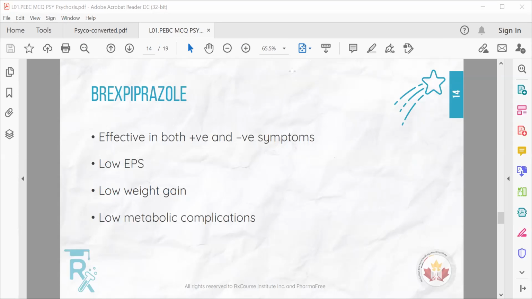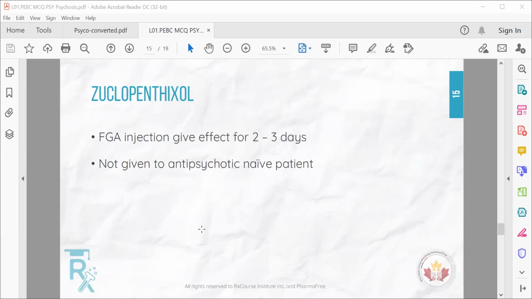So everything is associated. If we know the reason, it will be easier for us to figure out why. The same goes for low weight gain, which means it doesn't bind to the histamine receptor and it doesn't bind to the serotonin receptor like Clozapine, Olanzapine, and Quetiapine, and the same for low metabolic complications. Okay,